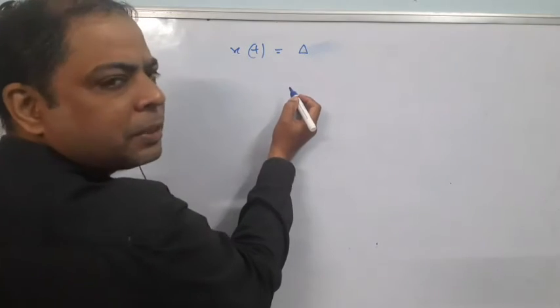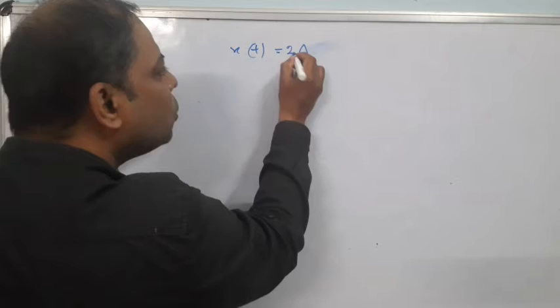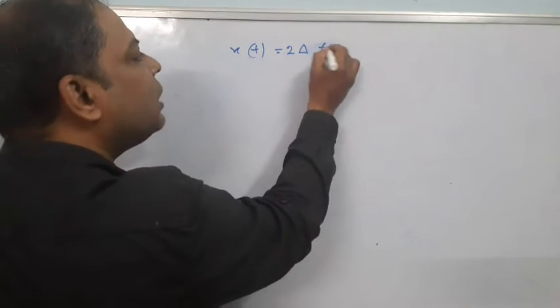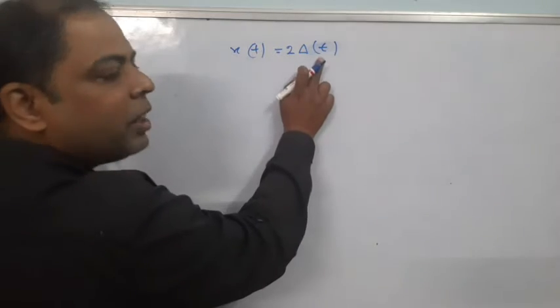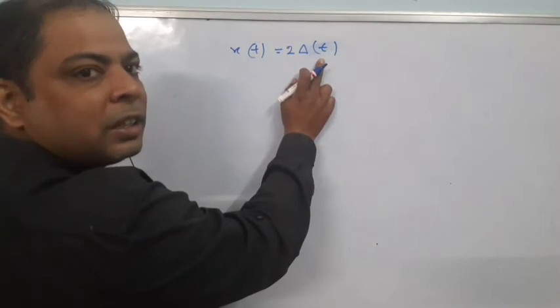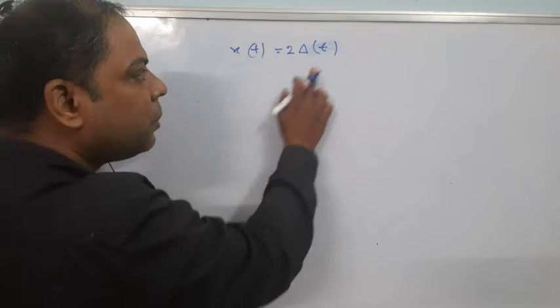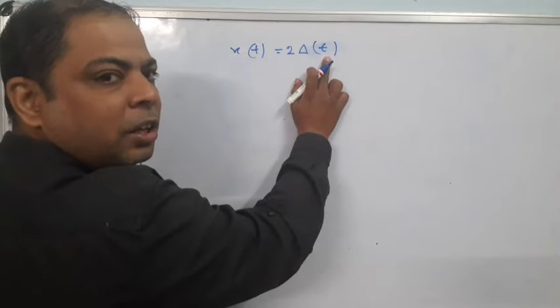This symbol is the triangular symbol. Suppose actually we have a triangular function of t, and I am giving only t. Triangular t means the denominator is 1. This is one side width. I have told that in a triangular function, whatever is in the denominator is the one side width.